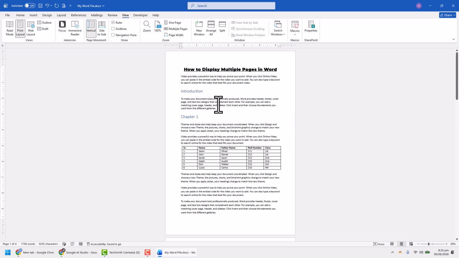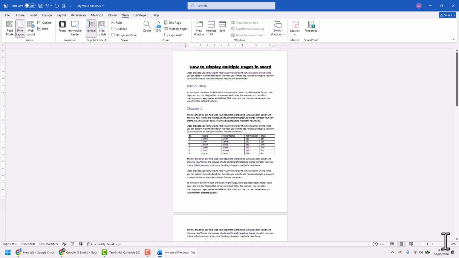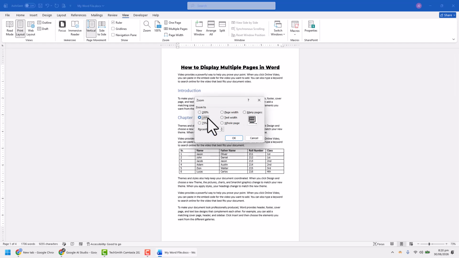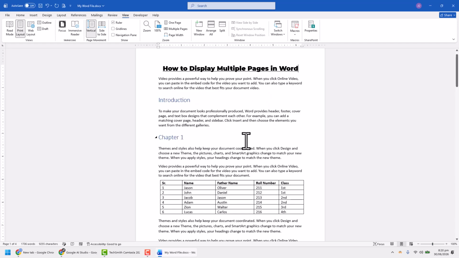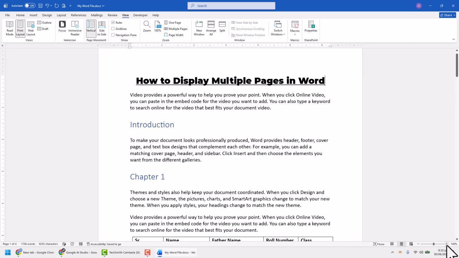If the page still looks too small or multiple pages are still visible because you're zoomed out too much, simply move the Zoom slider in the bottom right corner to the right or choose 100% to increase the zoom level. Your document will return to the normal single-page editing view, making it much easier to read and